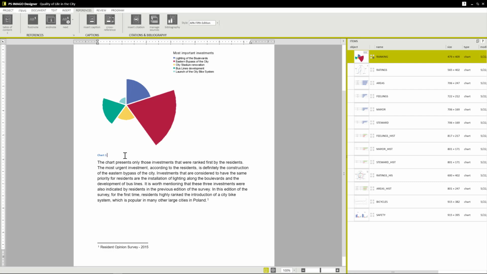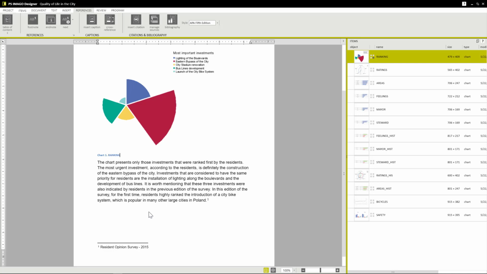Additionally, to supplement the caption, we can easily add the object's name as it appears on the list on the right side. After selecting the chart on the list of objects, I right-click where I want the name to appear and insert the additional description according to its name from the context menu. Remember that the better prepared the objects are, such as having comments and names, the faster and more efficiently we